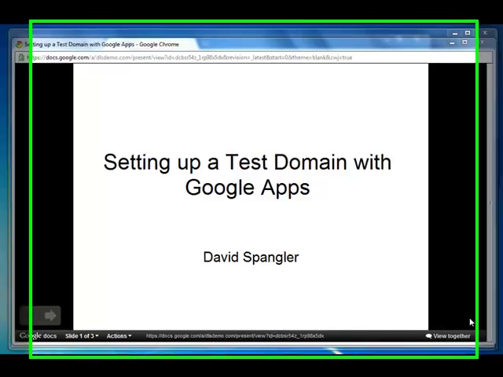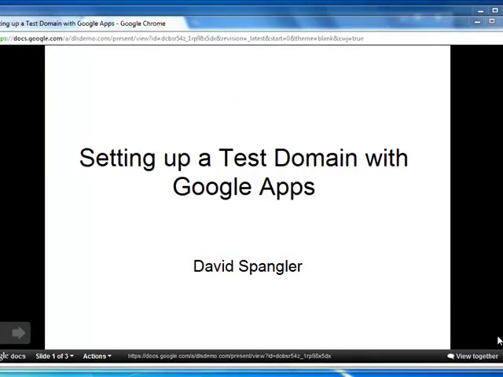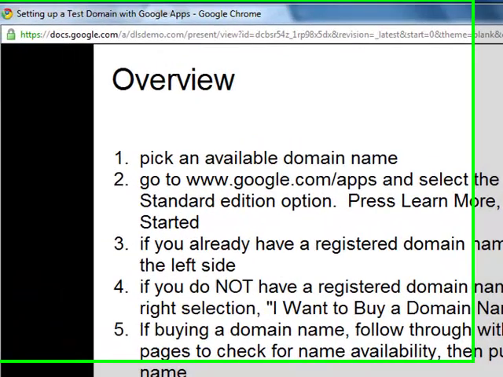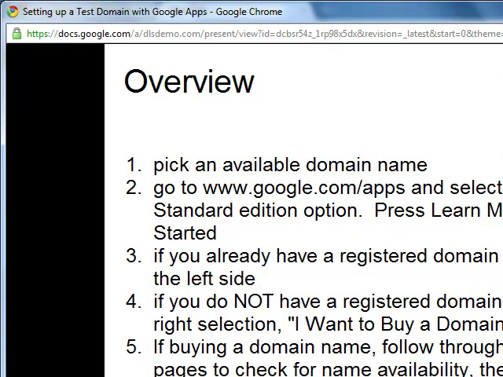Okay, this is a quick demonstration of how to set up a test domain with Google Apps. So what we're going to do first is go through this overview, and I'm going to bounce back and forth between this and actually setting it up. But the overview is that the first thing to do is pick an available domain name,